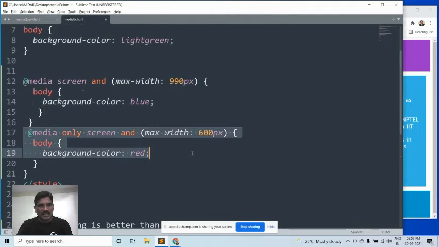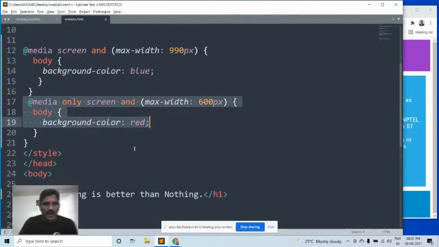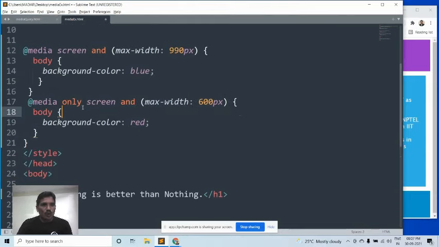Then here also a condition is applied using media queries: only screen and maximum width is 600 pixels or below. At that time, the background color changes to red.